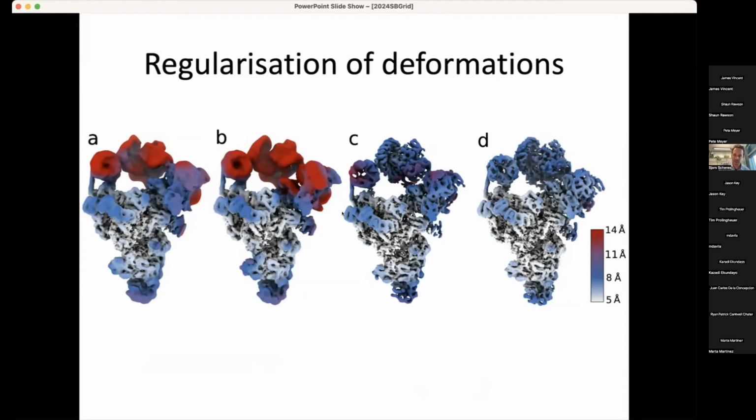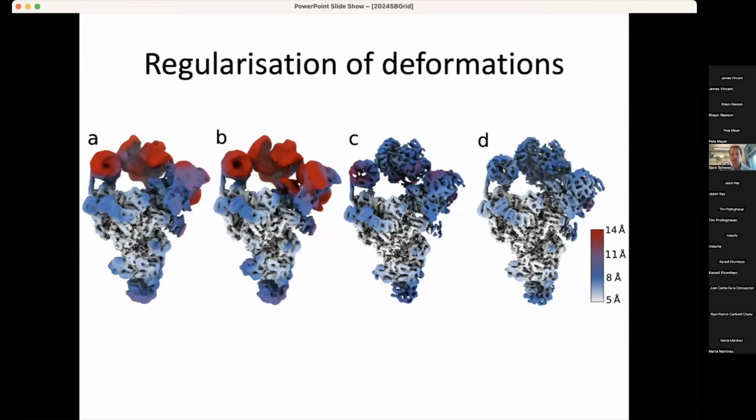Panel B is the deformed back projection map combined from two halves of Dynamite without imposing any regularization on the Gaussians. So every Gaussian can go in whatever way it likes. If you don't use any prior knowledge, then you can see that you even make things worse than they were in the consensus refinement. So Dynamite without any regularization on the Gaussians doesn't work at all.